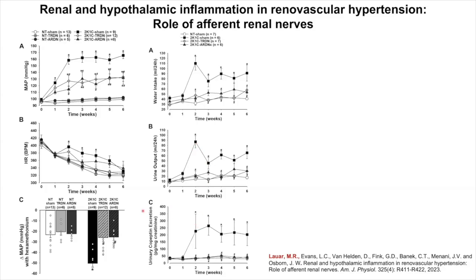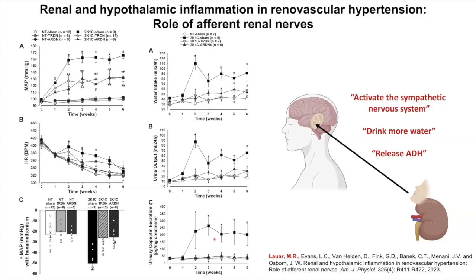The bottom, the important thing here, this is a marker. This is urinary copeptin. This is a marker for vasopressin that comes from the pituitary gland, and it causes water retention. It's a hormone that's very important to water balance. That gets activated like crazy when you clip the kidney, but it doesn't at all if you do an afferent denervation. So we interpret this to say when one kidney doesn't have enough blood flow, it sends signals to activate the sympathetic nervous system, drink water, and release a water retaining hormone. So this is totally novel in terms of thinking about signals from the kidney that would drive this model of hypertension.